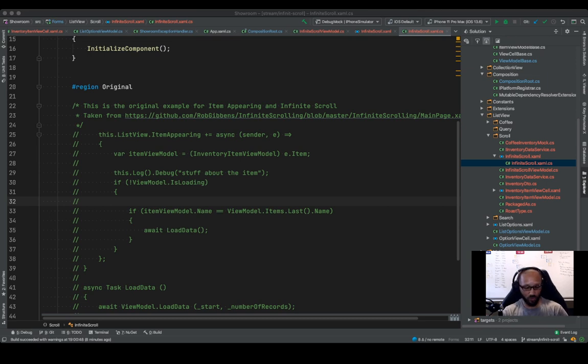Infinite scroll is what we're talking about today. All right, so we've got our timer started. Okay, so